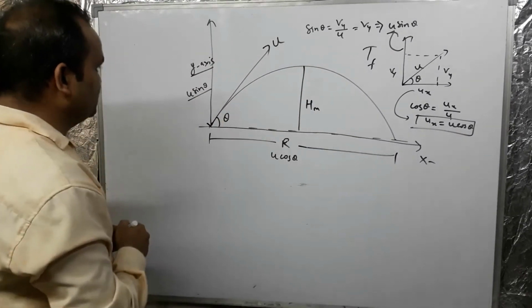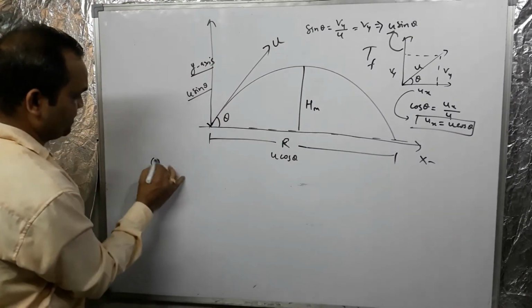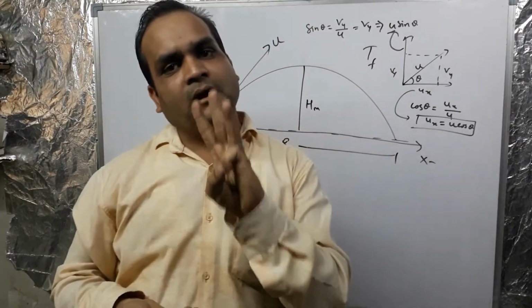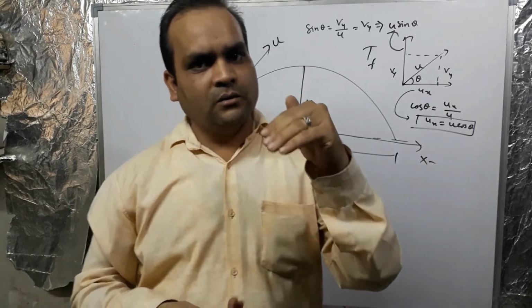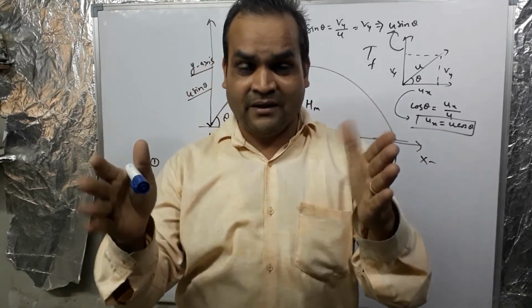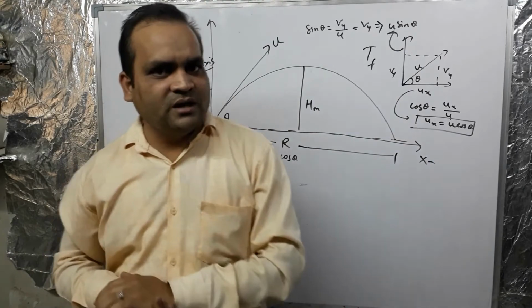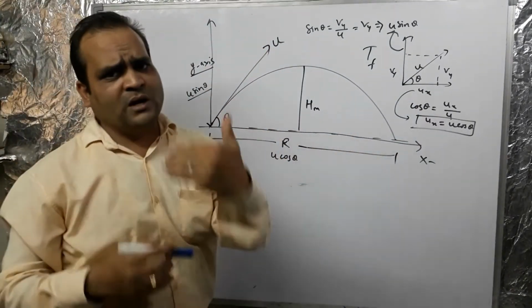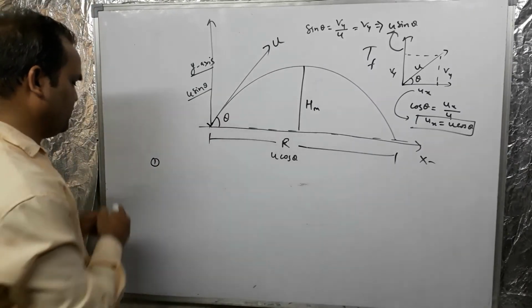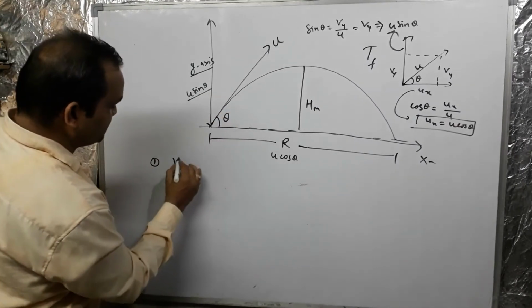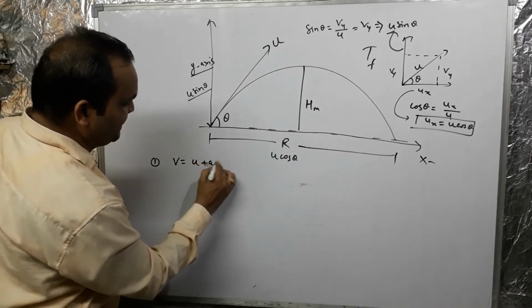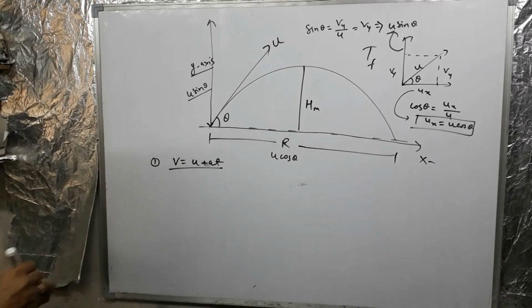So let's start. Here, first equation. What is the number of equations? There are 3 equations, and how to derive them, I am considering that everyone knows, but in case you do not know that, the link is inside the description box, so go there and watch what the 3 equations are and how to derive them. First equation: v is equal to u plus at, you know that.